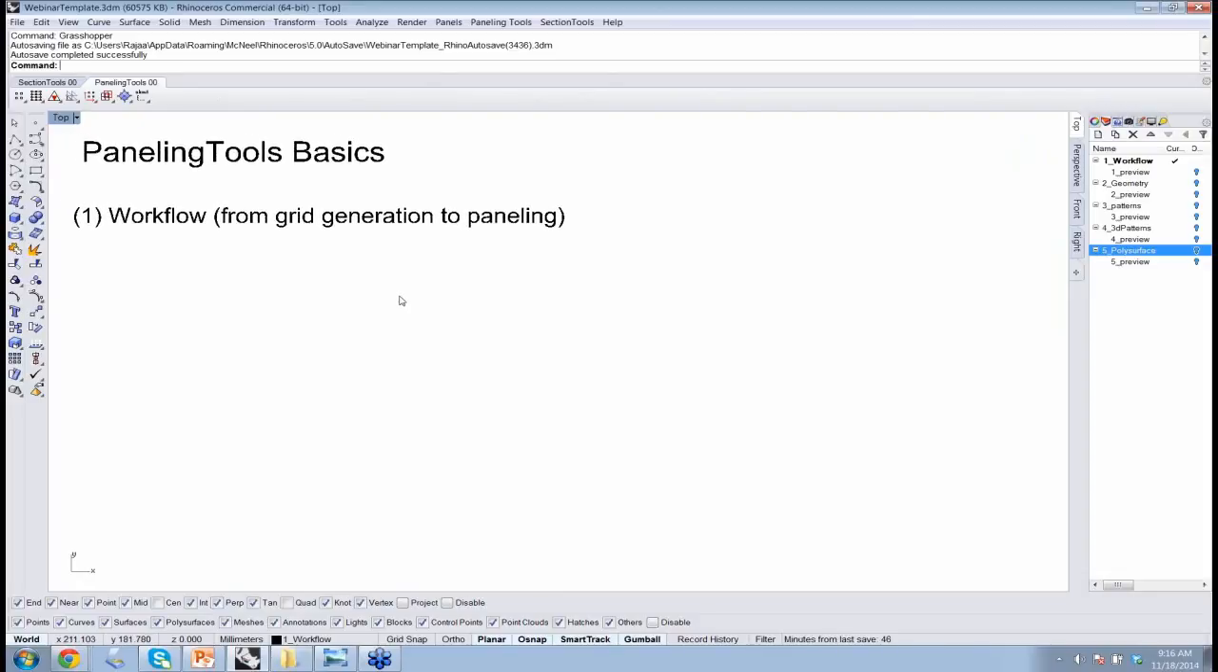In the next part, since we have a lot of people who are just starting with paneling tools,